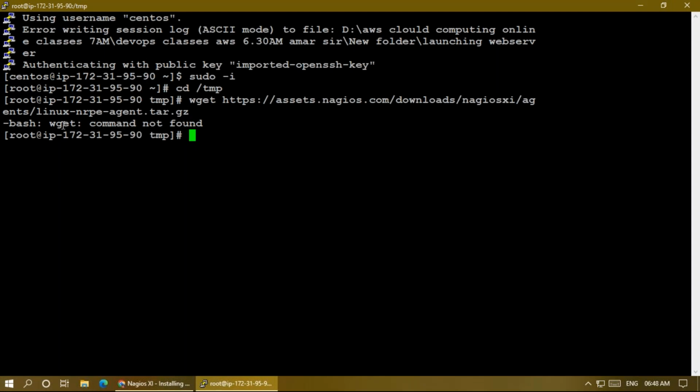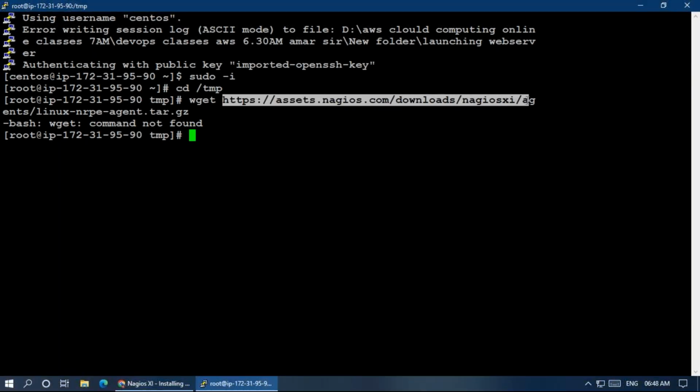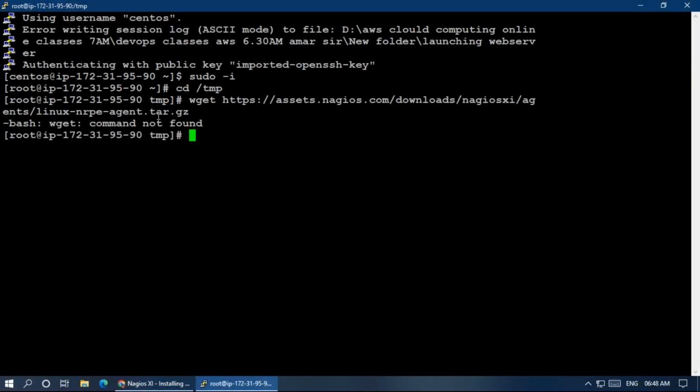See here. The wget command is generally used to download content from the internet. But in this case, wget is not there. What should I do? I have to install wget first. Run it: yum install wget. Why? Because it is a CentOS machine, right? So I use